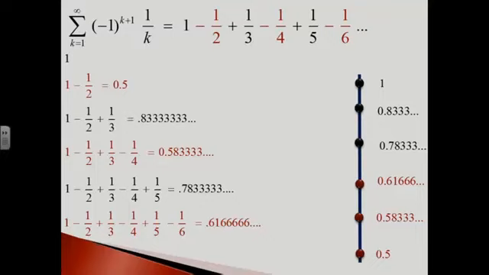The general term of this sequence is a_k equals (-1)^(k+1) multiplied by 1 divided by k, which tends to 0 as k tends to infinity. In general, the fact that lim a_k as k tends to infinity equals 0 tells us very little about the convergence property of the series sigma a_k. However, an alternating series must converge if the absolute value of its terms decreases monotonically towards 0. This result may be stated as follows.